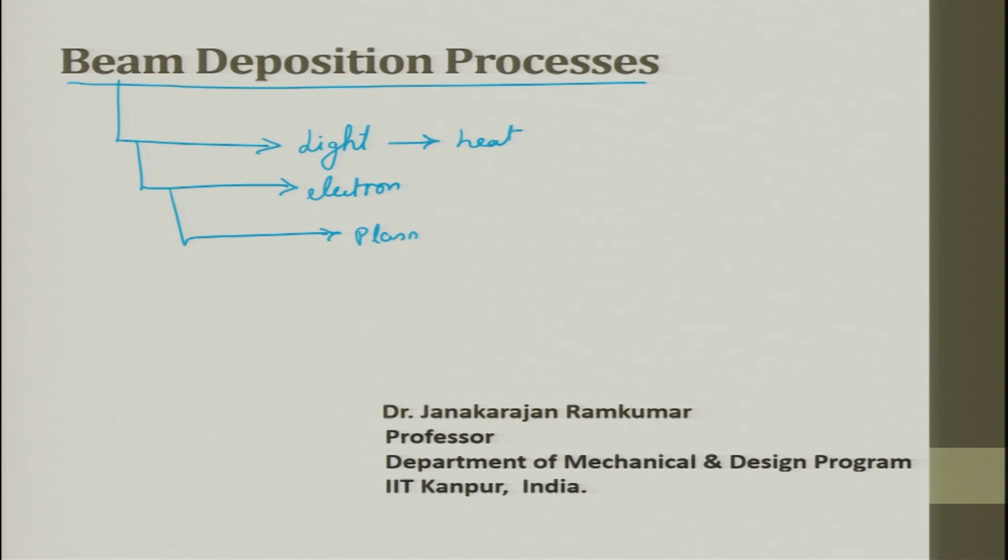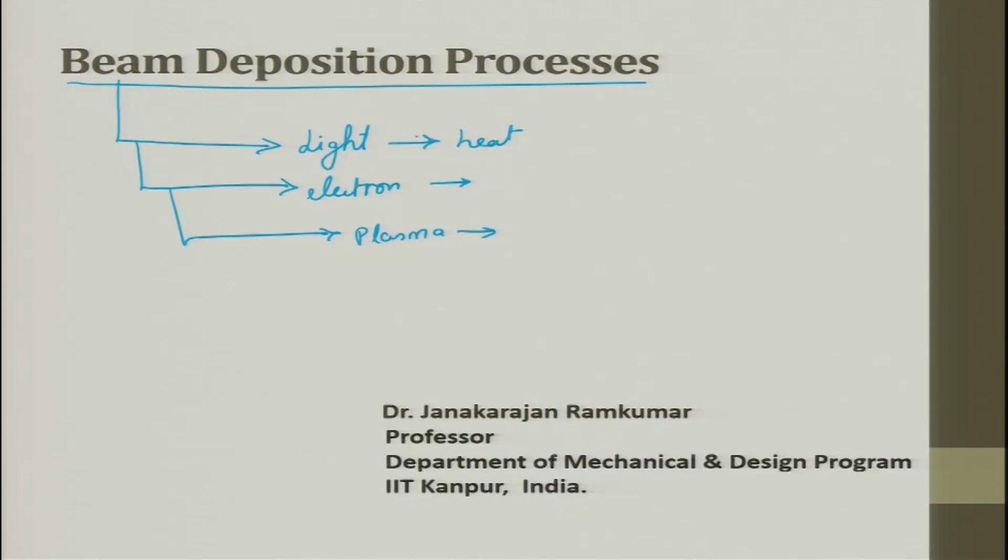So, it is nothing but a source, which can be light, an electron source, or a plasma source. We use these sources wherein we have a focused thing called a beam. This beam is allowed to help in depositing on the surface,